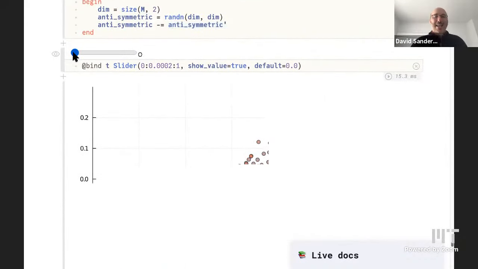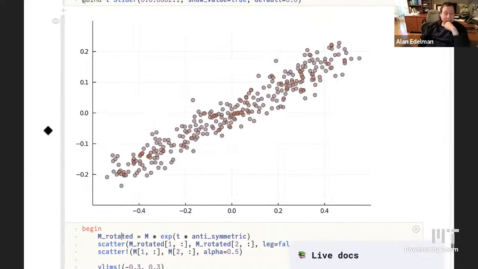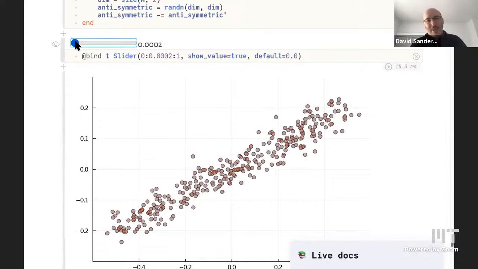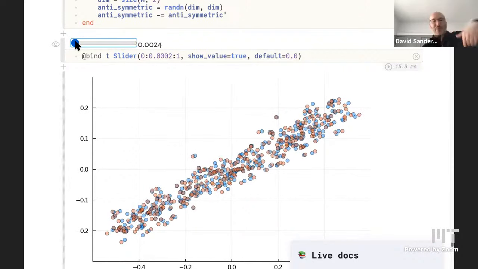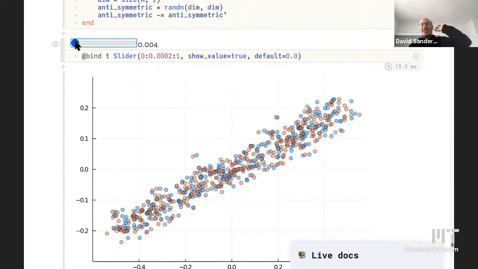So if we start at 0, we have again a sort of path of matrices in this space. I don't know why sometimes it does this, where you can't actually see the picture. Oh, no. Strange. So here we go. This is the same cloud of data yet again, 300 points in 2 dimensions, but now we're thinking of it in this 300 dimensional space, and we're going to rotate around in that space and see what it looks like as I move this slider. You can see that the points are starting to dance around. Each one moves away from where it originally was, and it looks kind of like some kind of rotation, but we're actually projecting from